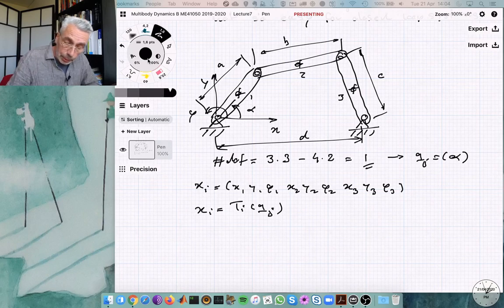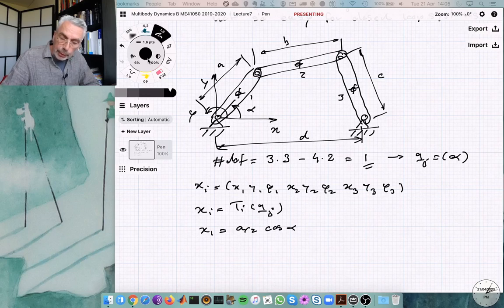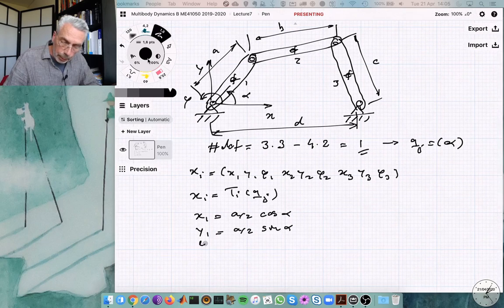So let's start. We start with x1 equals, well, looking at the picture, and let's assume that the center of mass is in the middle of all the bodies, then we can say that's a over 2 times the cosine of alpha. And alpha is our generalized coordinate, this guy. Then y1 is a over 2 sine alpha. It's actually not so hard, right? And phi1 is alpha, the angle in itself. Okay, then x2 is, well, then we move to this point, so that's a times cosine alpha, plus